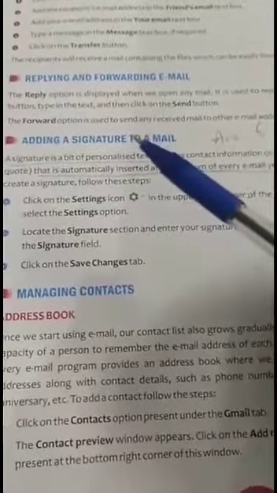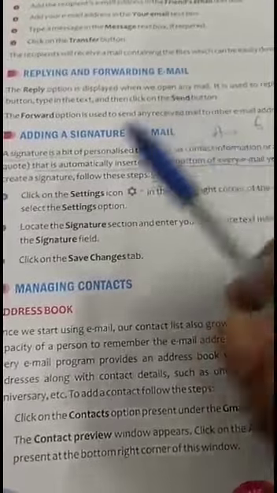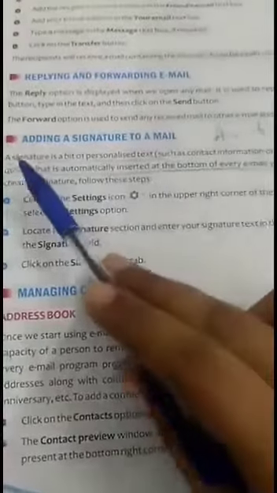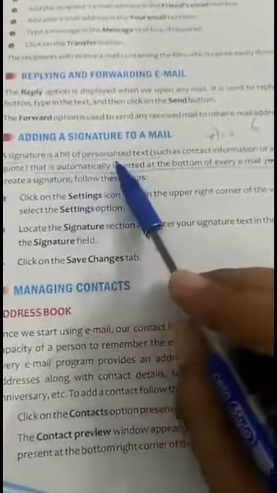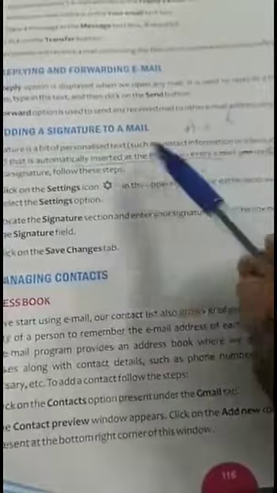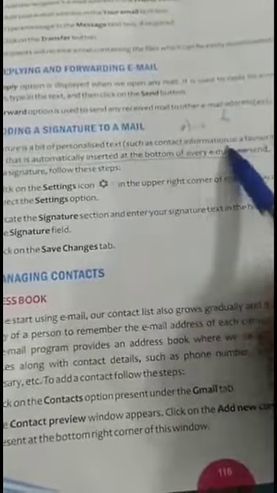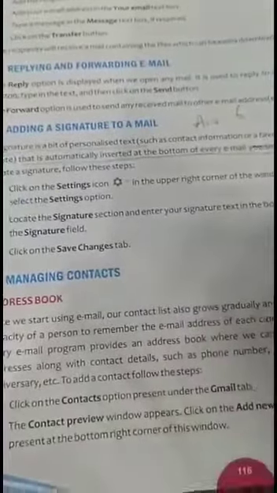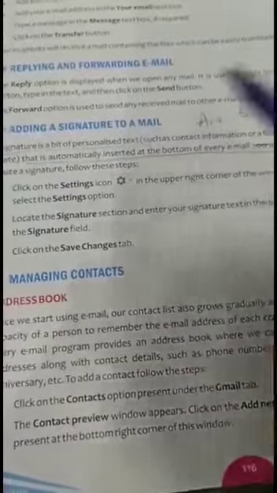How to add a signature to the emails. First of all, what is a signature? A signature is a bit of personalized text, and it can be contact information or a favorite quote, and it depends upon you what you want to include in your signature.